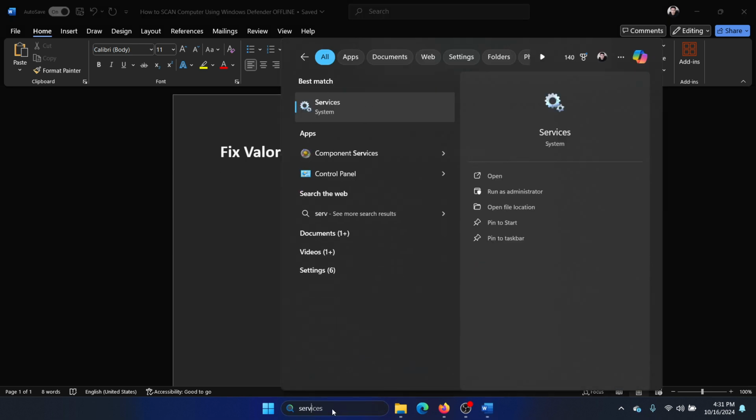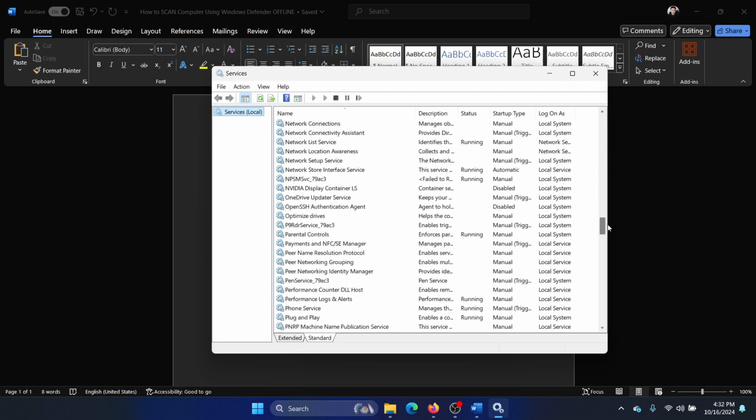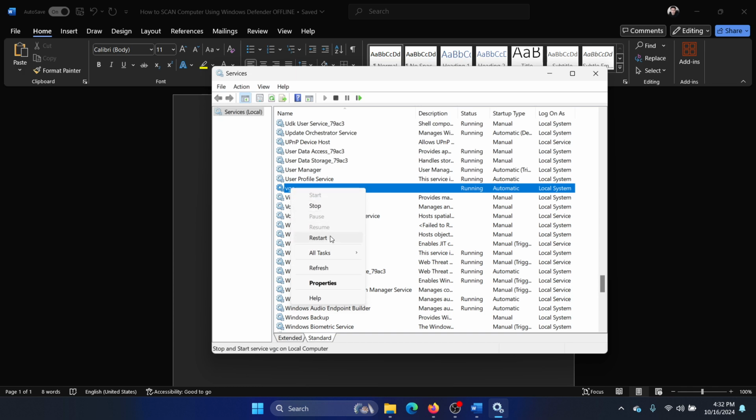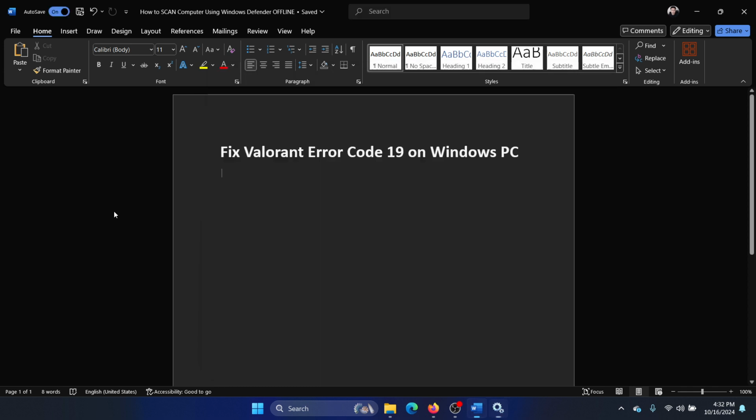Search for services in the Windows search bar and open services. Scroll down to the VGC service, okay? Right click on the VGC service and then select start. It would be stopped. You need to click on start or on restart. This will solve the problem in 90% of the cases, but if it doesn't solve the problem, then here's what